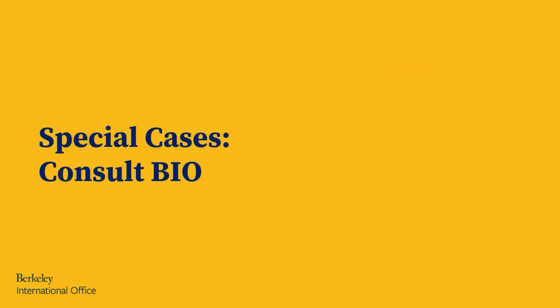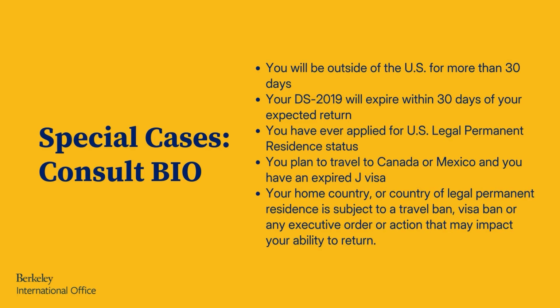In addition, if you are in any of the following situations we consider to be special cases, we encourage you to consult with the Berkeley International Office before finalizing travel plans. If you will be outside of the U.S. for more than 30 days, as discussed in the previous slide, as this requires prior approval, if your DS 2019 will expire within 30 days of your expected return, if you have ever applied for U.S. legal permanent resident status, if you plan to travel to Canada or Mexico and you have an expired J visa,